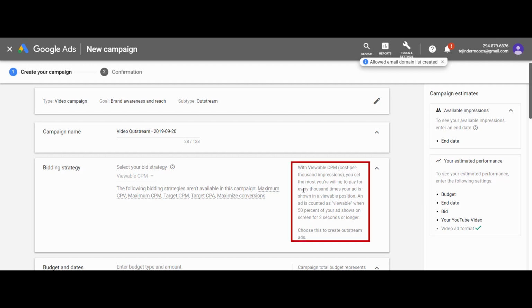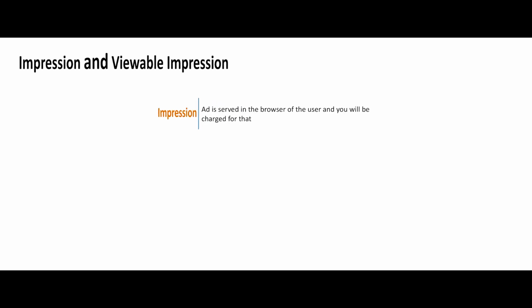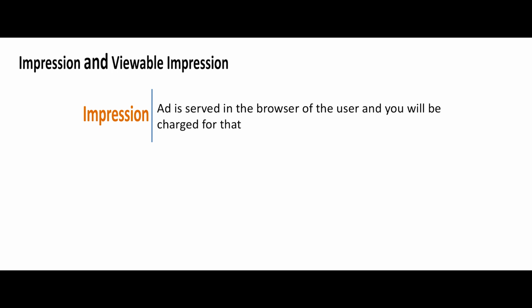With viewable CPM, you set the amount that you are willing to pay for every 1000 times your ad is shown in a viewable position. An ad is counted as viewable when 50% of your ad shows on screen for 2 seconds or longer. Not clear? Let me explain it again. There is a difference between impression and viewable impression. Impression is counted when your ad is served in the browser of the user and you will be charged for that. But we are not sure